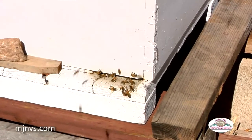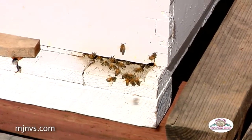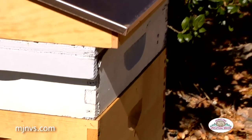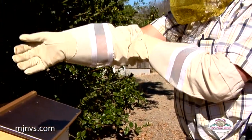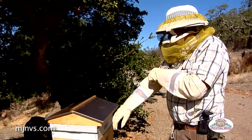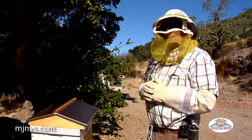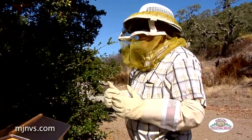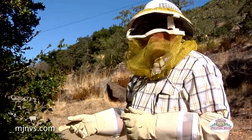It didn't have a lot of wildflowers and native vegetation for them to absorb the pollen from. Grapes, ironically enough, are not a source of pollen for bees. Even though there's flowers in grapes, we don't need bees to pollinate. They do visit the clusters, but it's not a necessity. Whereas many other California crops, such as almonds and peaches and onions and so many different crops, do need honeybees